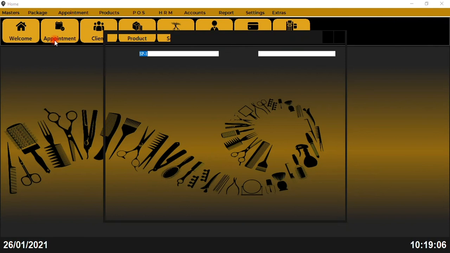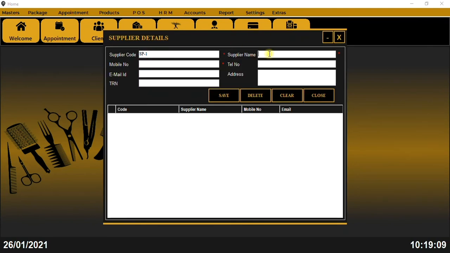Next thing is supplier entry, right? So for the supplier entry, the supplier code will always be there. For any new supplier, like I'm taking Lulu International. Now if you want to enter some other supplier's name, you again open the box, and you'll again find the new supplier code here. So here I've already entered Lulu. Now they are already there.